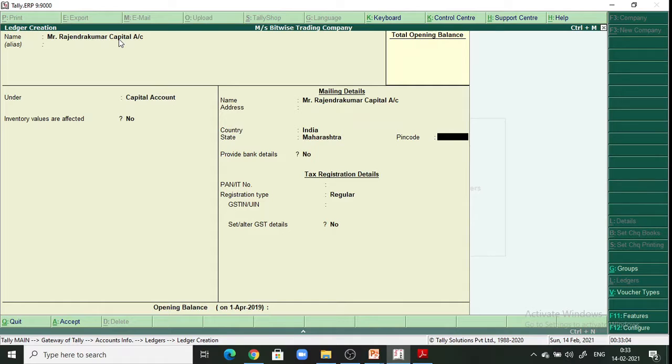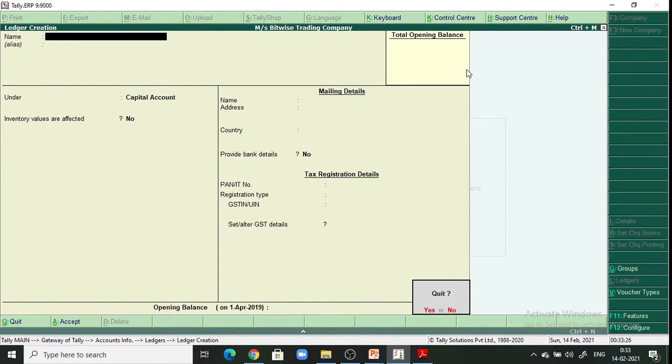Right now they have not given anything, so don't write anything. Then accept all. And so for the first transaction we are done creating the ledgers. Just go back with this,